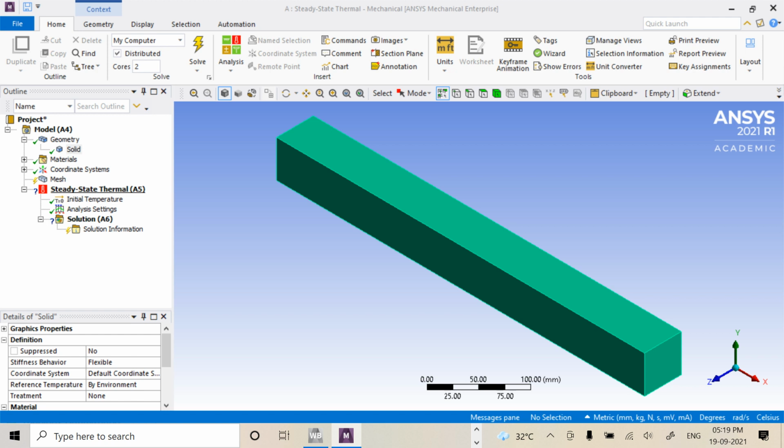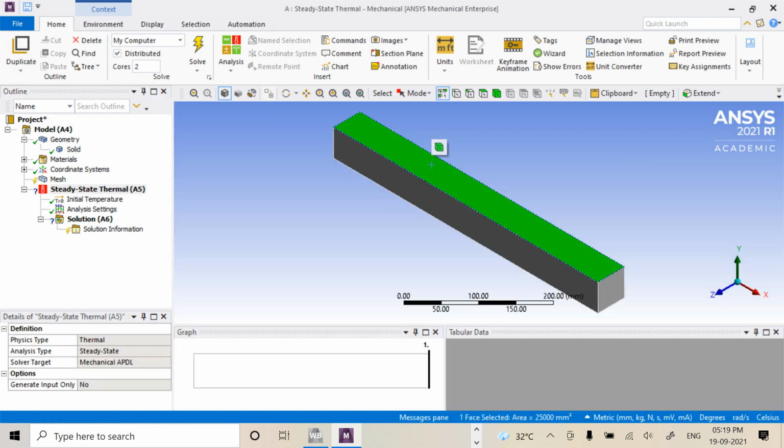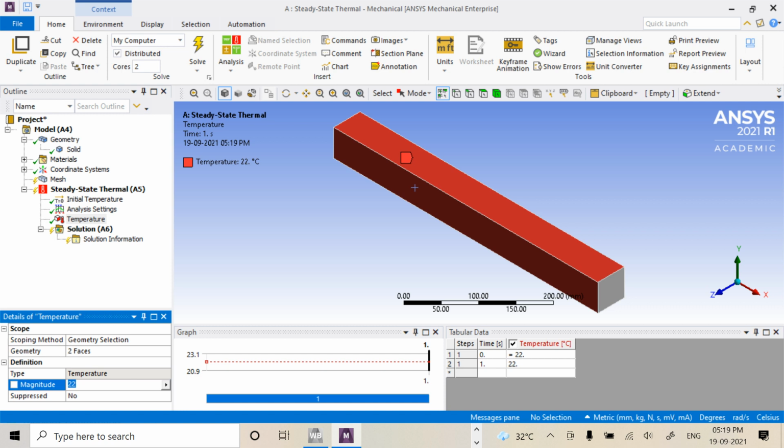So for steady state thermal, we are going to click on this side. Control button we are pressing and clicking on this side. Right click, insert temperature. So temperature we will give as 80 degrees Celsius. Enter.